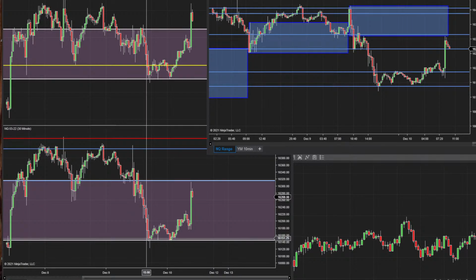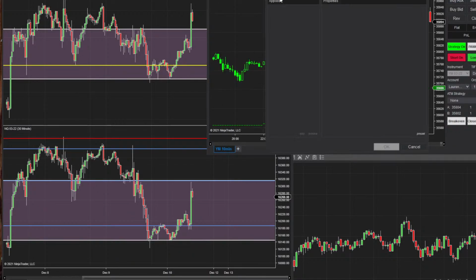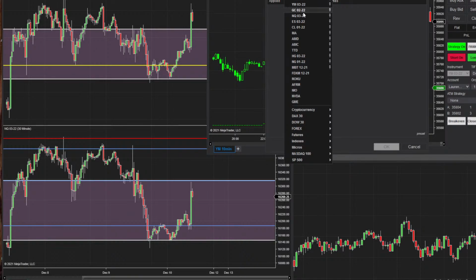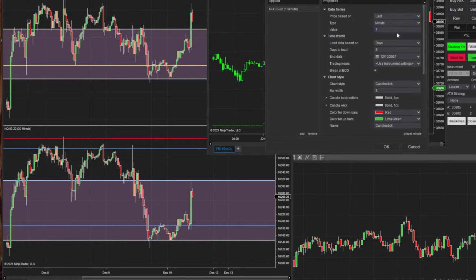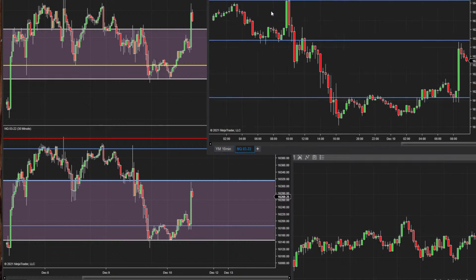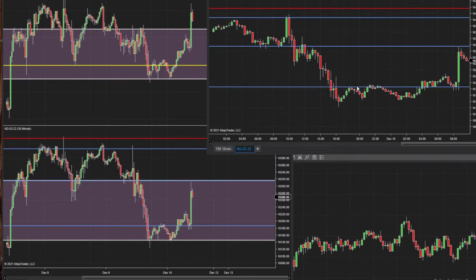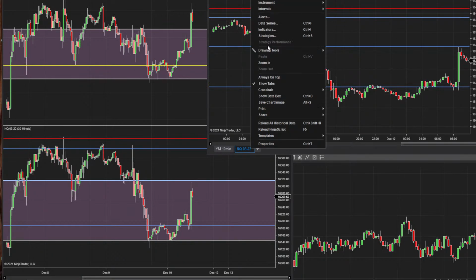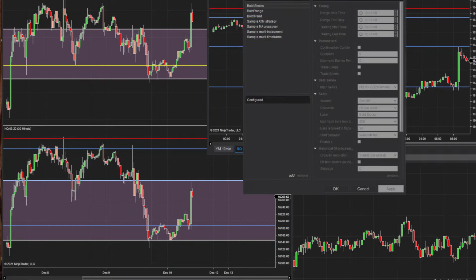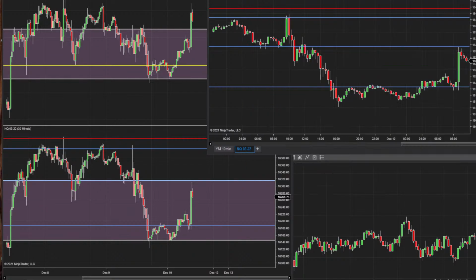Red. Okay. All right, I'm just going to close this whole chart and open a new one. And apply the range there. NQ 322. All right, some of my levels. Oh, the red one's there too. That's nice. All right, some are here. Let me just apply the strategy. Let me move it out of the way so you can't see my account number. Bold range, template load, NQ day.